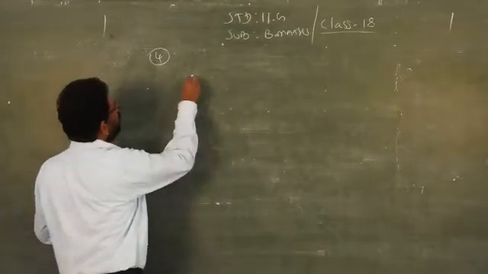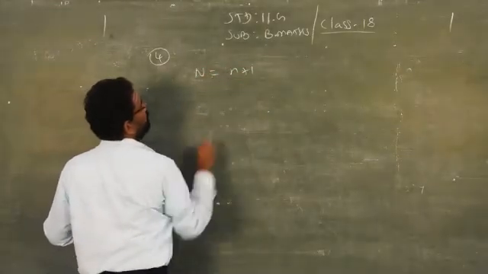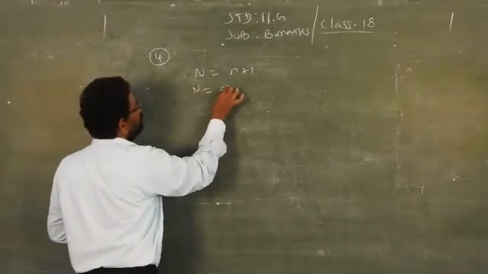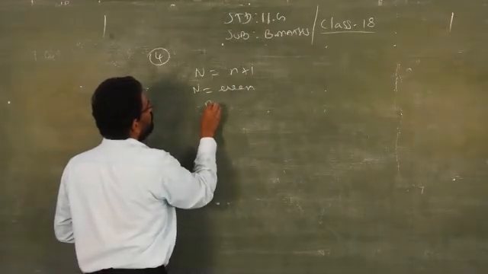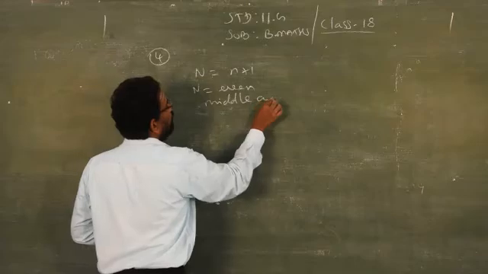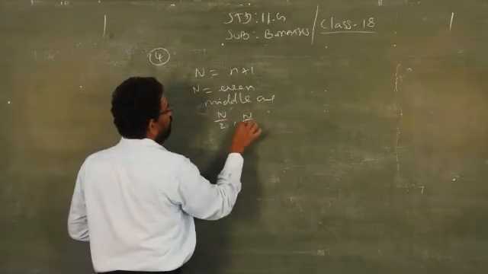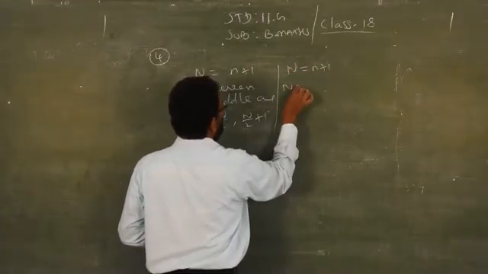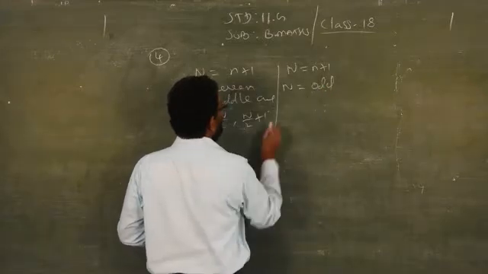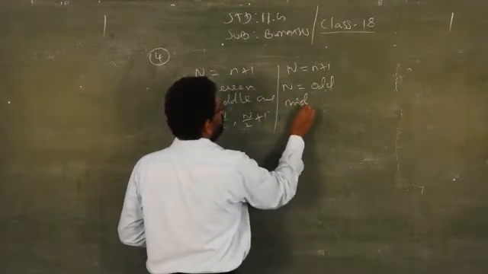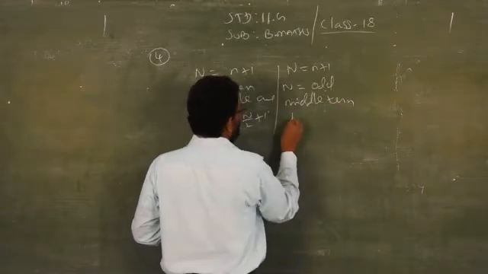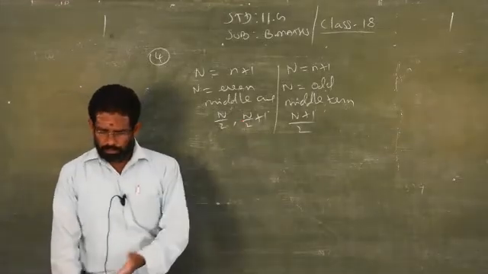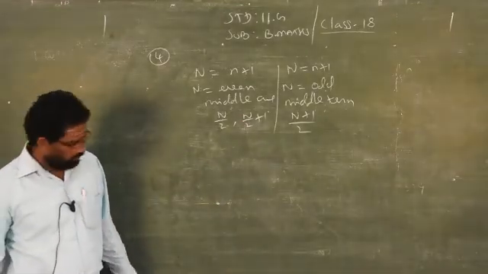Clear? So how to find capital N, you have to see that. This is very important: n plus 1. When n is even, then the middle terms are n by 2, n by 2 plus 1. So capital N is equal to n plus 1. When n is odd, then the middle term is n plus 1 by 2. This is very important. Once you know this concept, then it will be very easy to find the middle term of the given expansions.